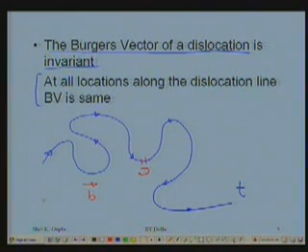Alright. Similarly, let us ask about this component here. It is a negative edge dislocation. Yes, it is going to be negative edge dislocation. Very good. Because T is going down here and B is this way. From B to T the angle is 90 degrees, 270 degrees. So it's a negative. Like this you can find the character of the dislocation line which is varying from place to place. But the Burgers vector is not changing. Alright.